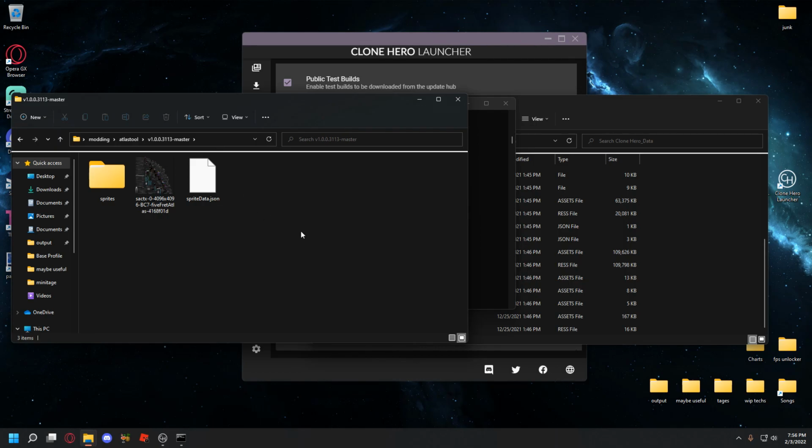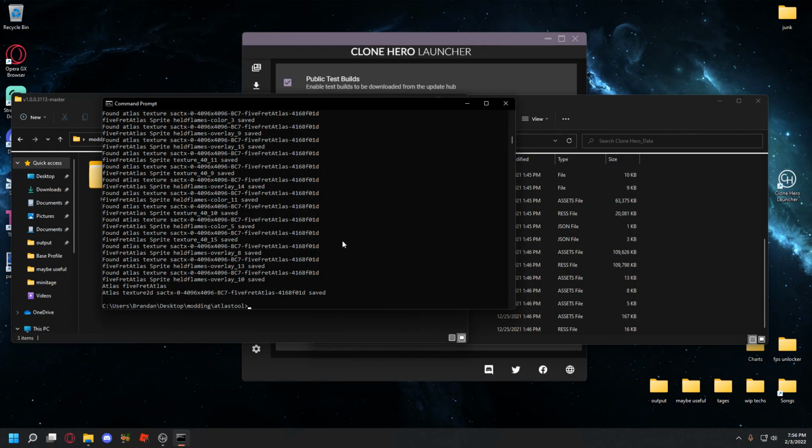After we're done editing the textures inside sprites, we're gonna copy the path again. Click the little blank part, and then Control C, copy. And we're gonna go back to command prompt. And the CD should be on ATLASTOOL still. So we should type